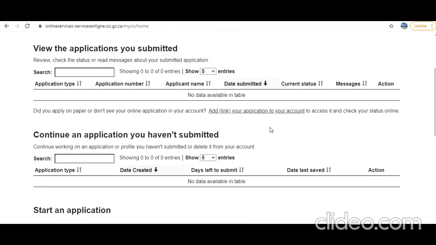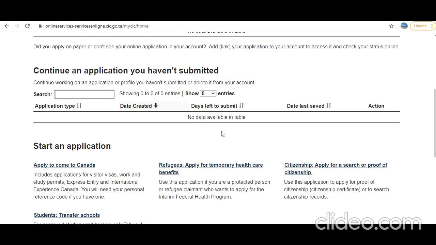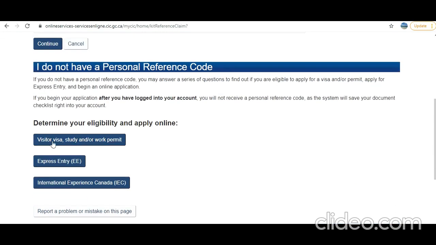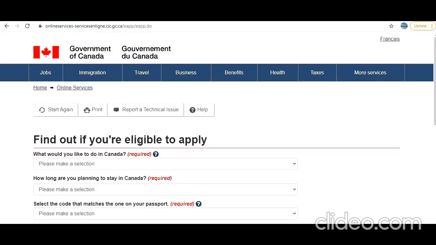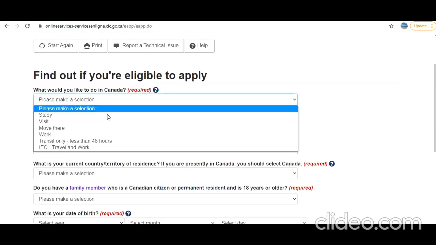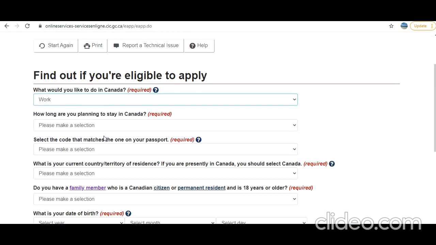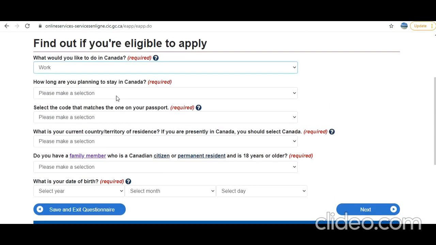Alright. So in your GCKey account, click on apply to come to Canada, visitor, study or work permit. What would you like to do in Canada? You want to work, because postgraduate work permit is a work permit. Suppose you are eligible for 2 years of work permit, so you select more than 6 months.